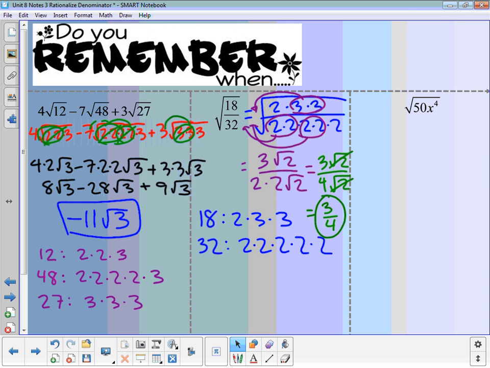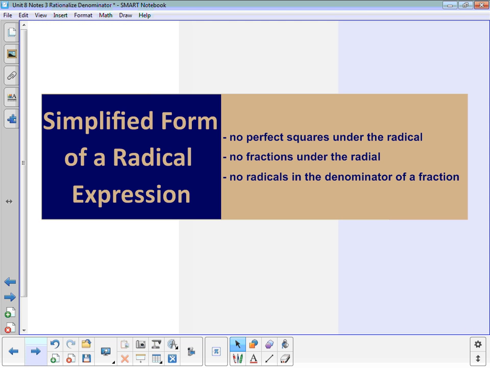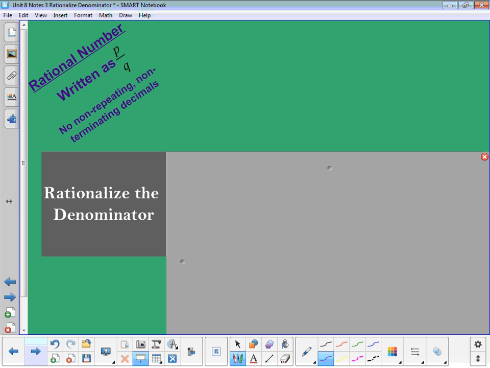Now, simplified form of a radical expression. These are the 3 things that we have to have. We talked about these in notes 1 and also in notes 2. No perfect squares under the radical, no fractions under the radical, which we've been fixing so far. Today we're going to concentrate on no radicals in the denominator. And to do that, we have to